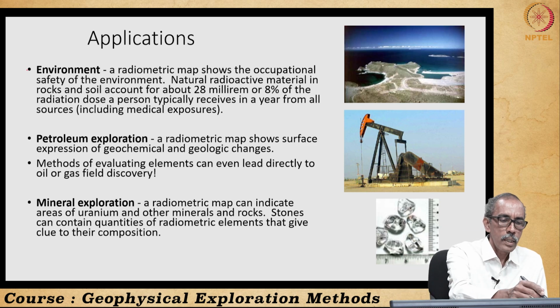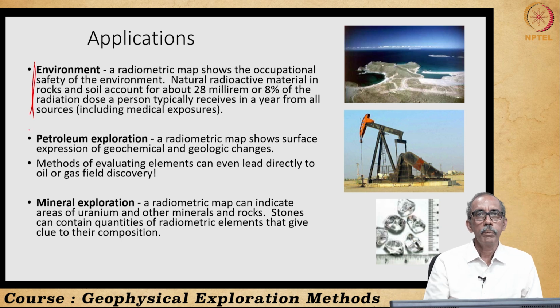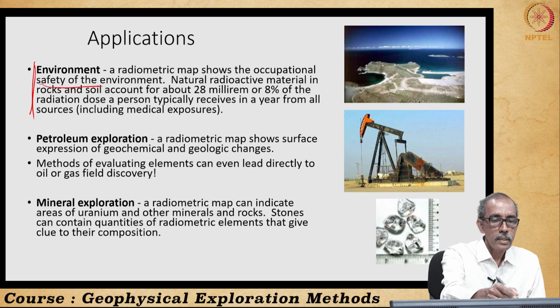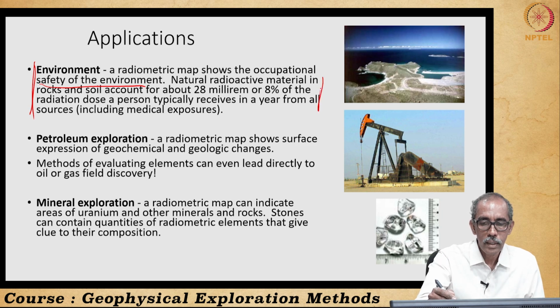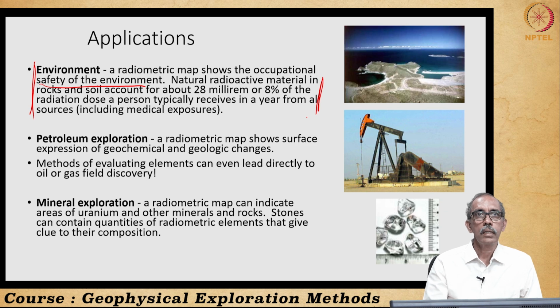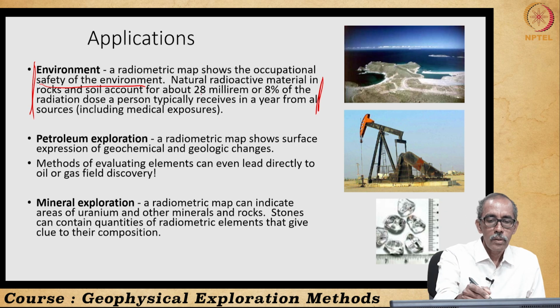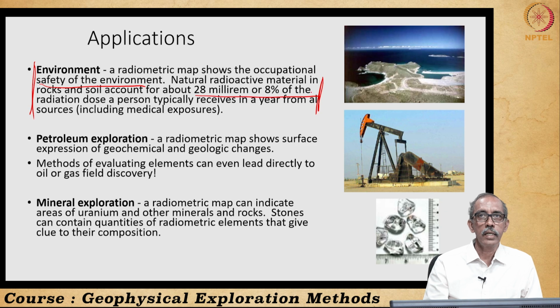Broadly, radioactive methods are used in the environment because mapping of radioactivity over the surface of the earth helps us to know occupational safety, whether the place is livable or not. The radiation which a person receives has to be much lesser. So, here are some numbers. Radioactive minerals account for so much of the radiation dose a person typically receives in a year,